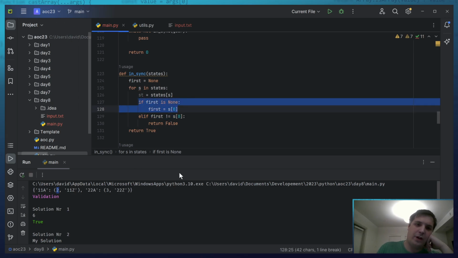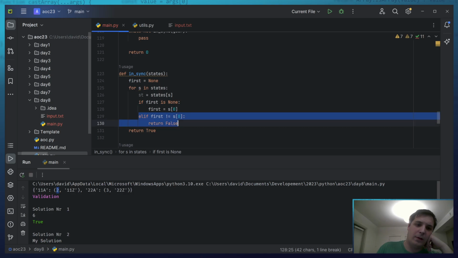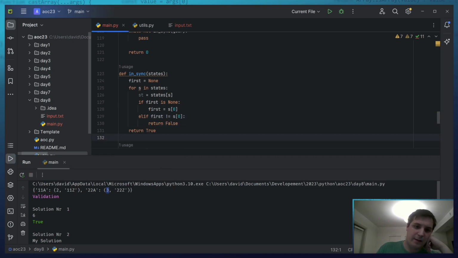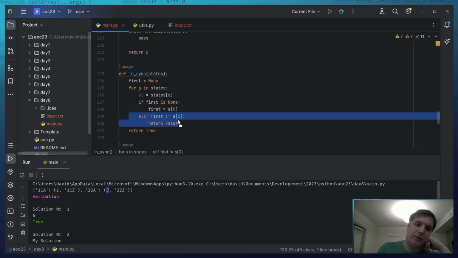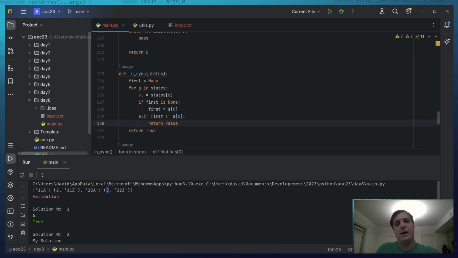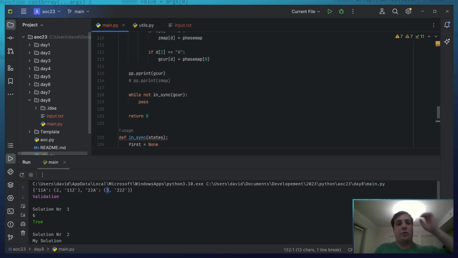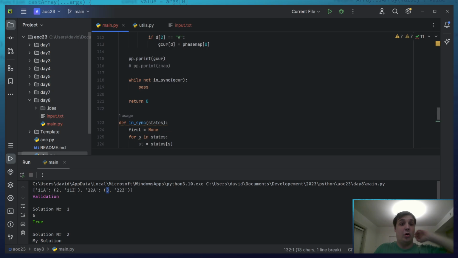This will never reach then again, so we're always going to check for this now. If first is not the same as the new value, that means they're not in sync, and we return false. Every time they are the same, it's not returning false, and so on, until eventually it breaks and returns true. And that's how we know if they're in sync or not.